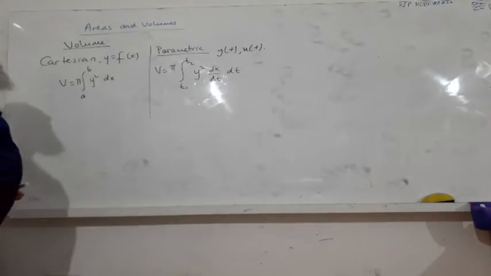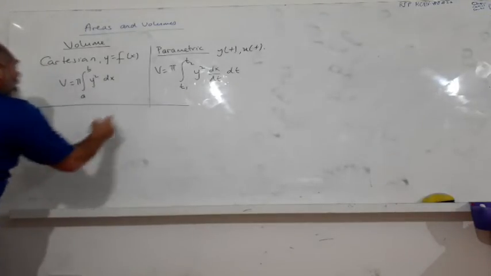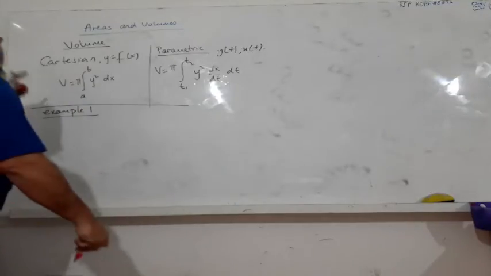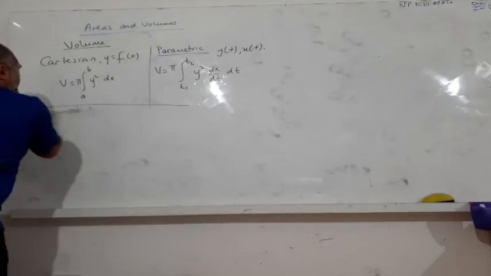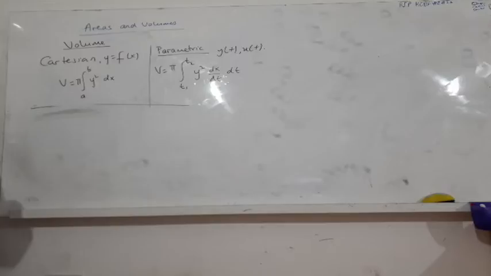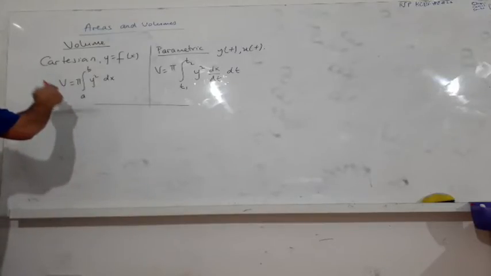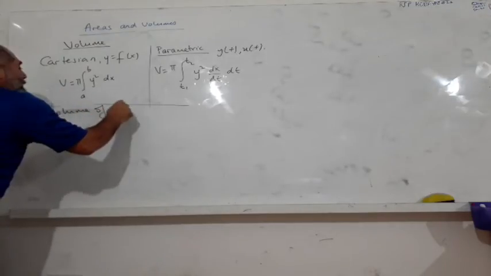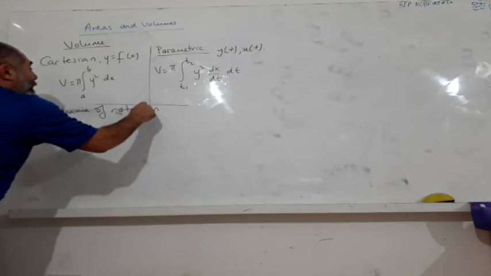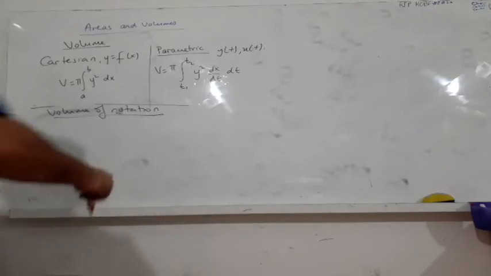Example 1. But before example 1, how do we define volumes of functions? Volume of rotation. The definition of volume of rotation uses three phrases: you have to see rotated completely,